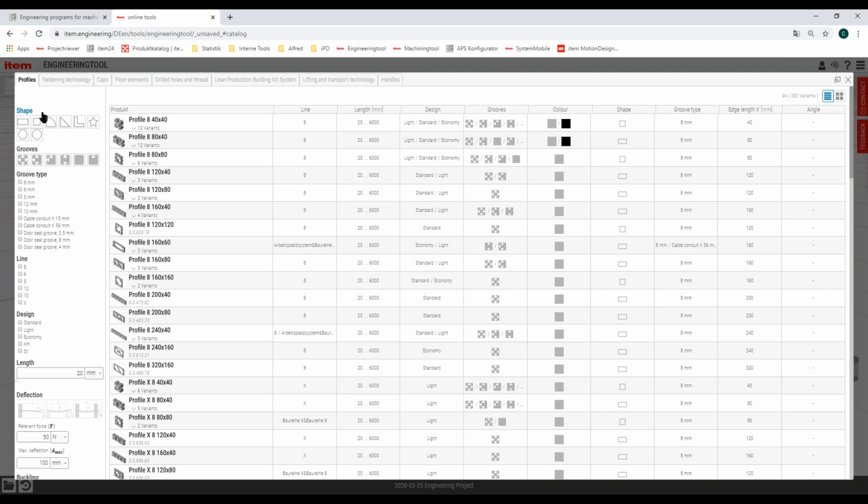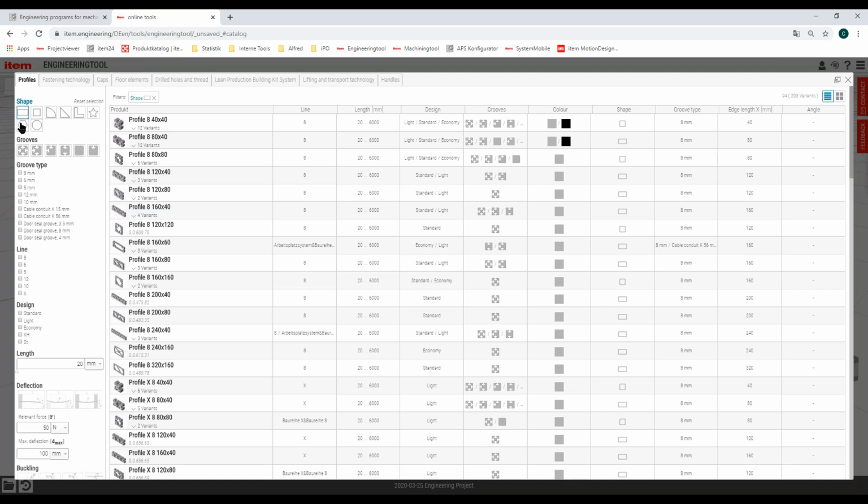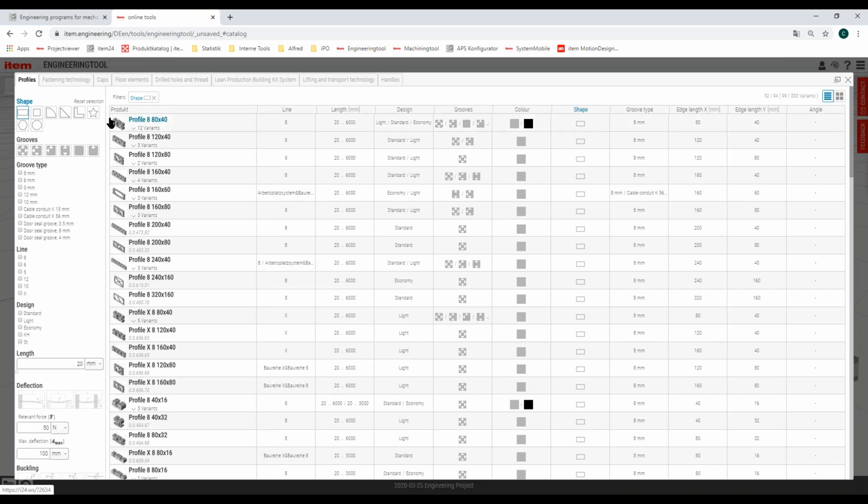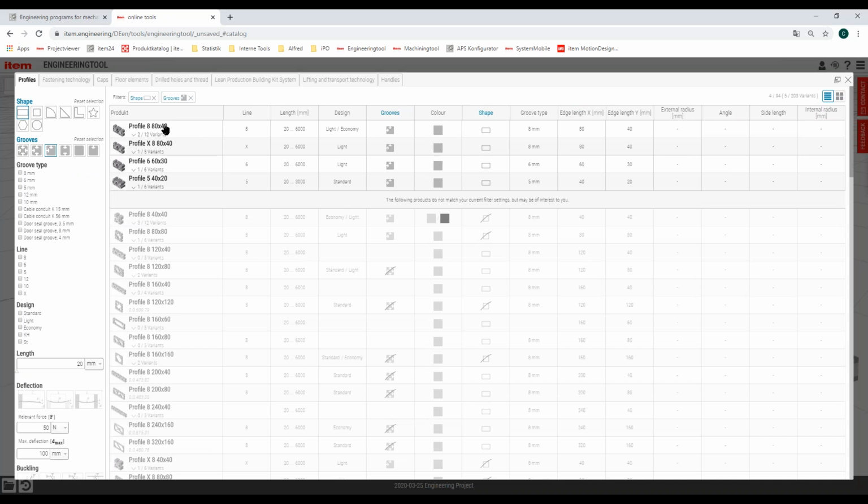And at this point, for instance, I could select the shape, rectangular, and then add the filter. And then we will say, okay, I would like to have two sides closed by 90 degrees. And then there are only a couple of profiles available for this use case.